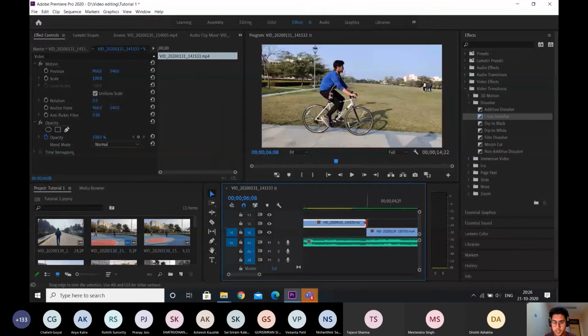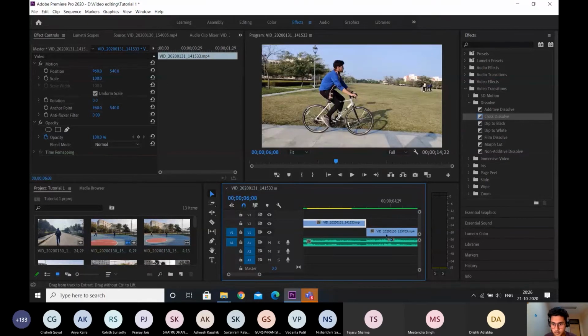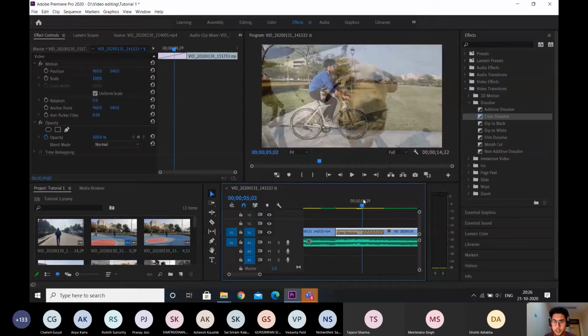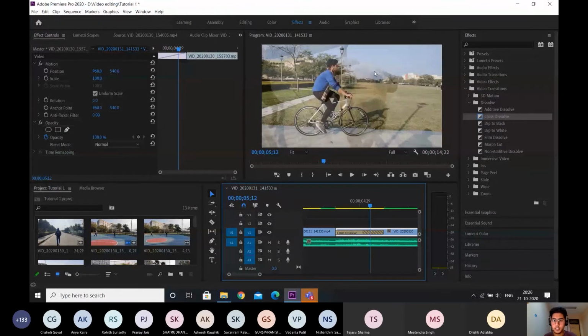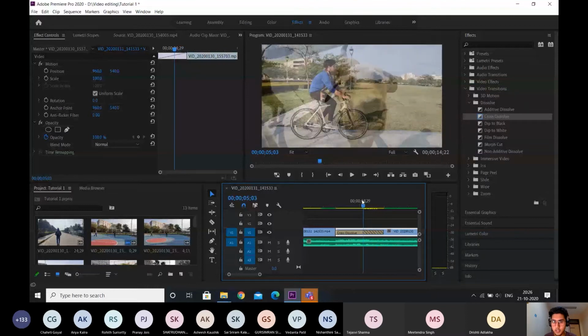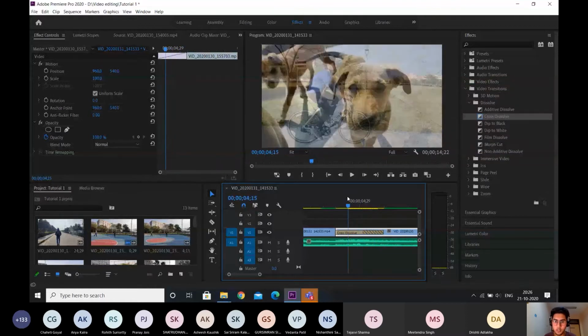But if I extend it, the video is only this long. So after that, if the length of the cross dissolve is more than that, then it will show those black bars like this. And after this particular point, it will still reduce the opacity, but the last frame will be shown. The video will stop at this particular frame. So you can see, in this duration, the dog is actually still because the video has stopped over here. But before that, the dog is moving.